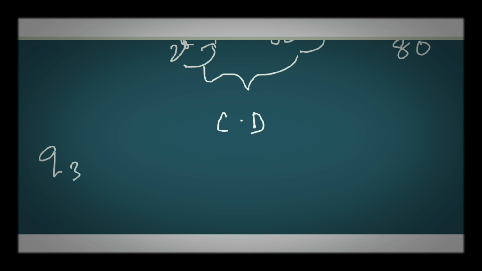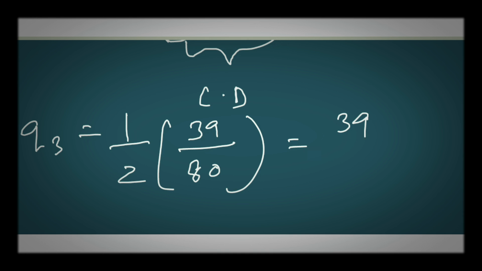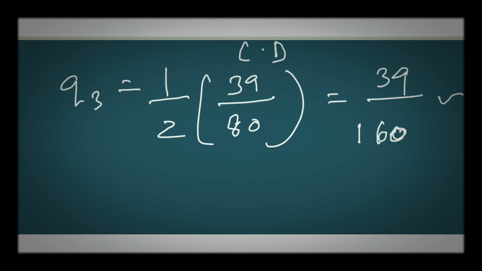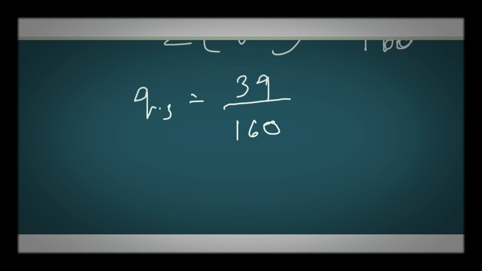Now what is the value for Q3? Still more is there. The half is unsolved here. So write the 1 by 2 outside the bracket; the value needs to be solved. And what was the value we just found after the common denominator? It is 39 by 80. 1 by 2: multiply 39 into 1, it is 39. Multiply 80 with 2, it is 160. So the value is 39 divided by 160. So what was the value for Q3? It is 39 divided by 160. So we found Q3. So 3 numbers we have found. Just 2 more numbers to be solved. So let us find Q4 now.